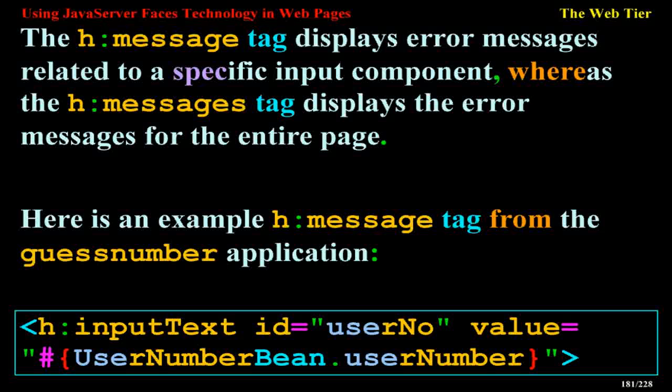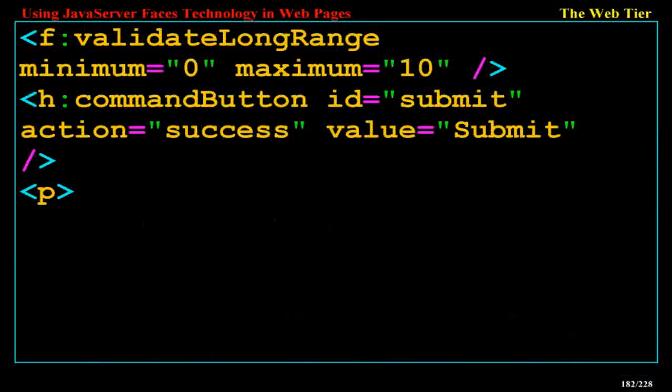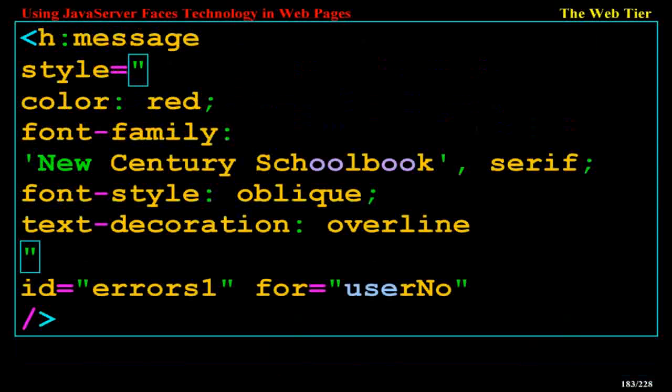h:inputText id="userNo" value="#{UserNumberBean.userNumber}" f:validateLongRange minimum="0" maximum="10" h:commandButton id="submit" action="success" value="Submit" p h:message style="color: red; font-family: 'New Century Schoolbook', serif; font-style: oblique; text-decoration: overline" id="errors1" for="userNo"